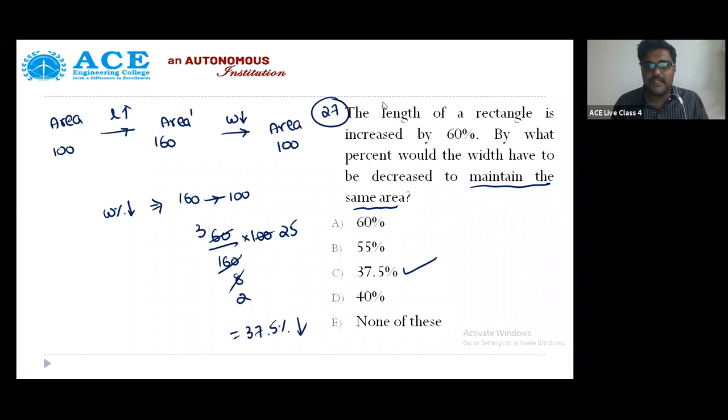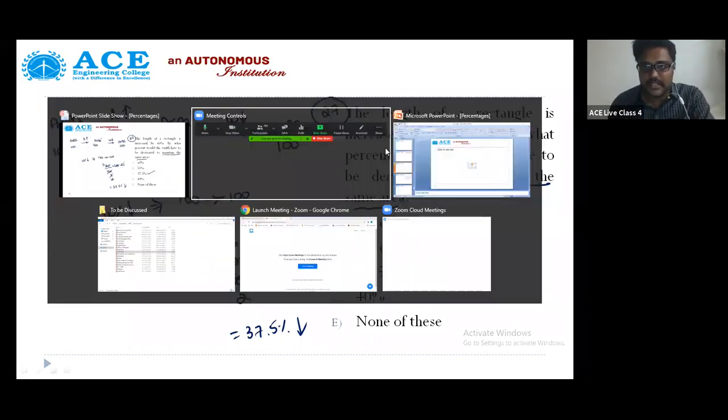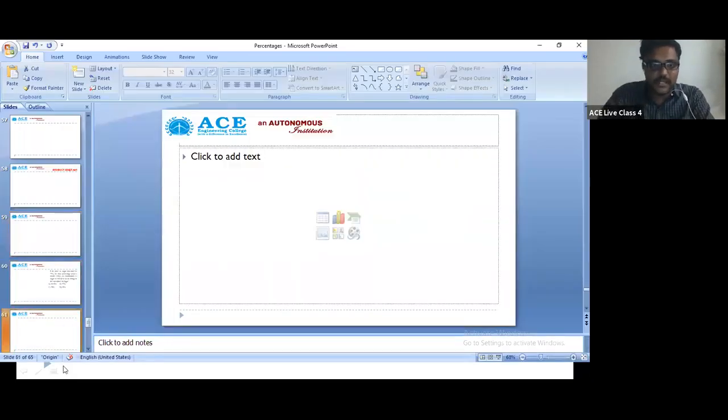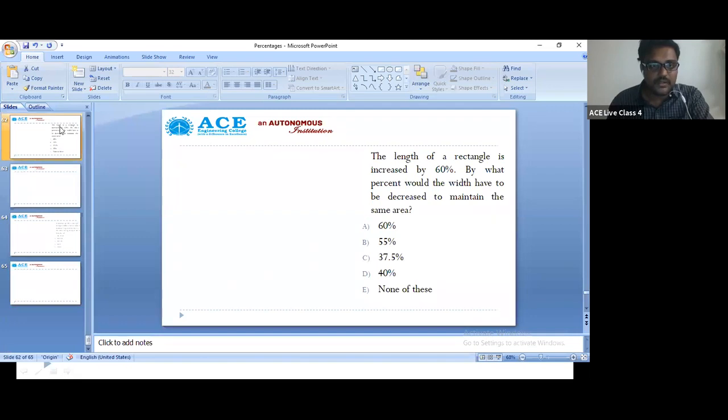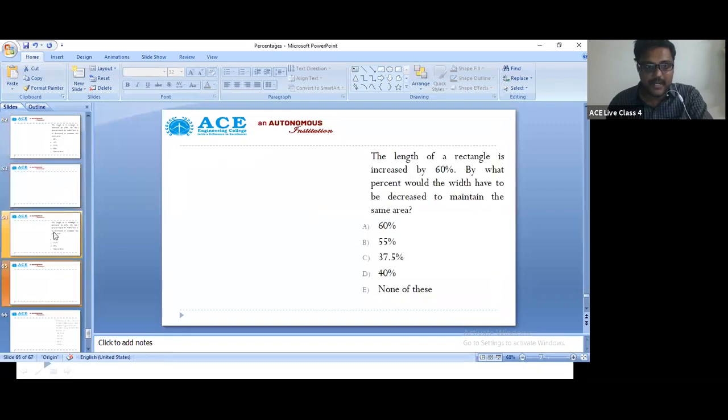Sagar, if there is change also, I'll just give you one input. Same question, slightly I change. If you understand the concept, there are a lot of things to learn. That shortcut is applicable only when there is no change. But the basic methodology can be applied whenever there is change also. If the length of a rectangle is increased by 60%, by what percent would the width have to be decreased